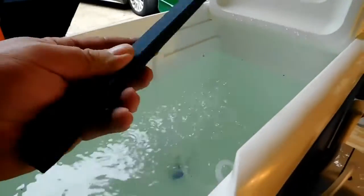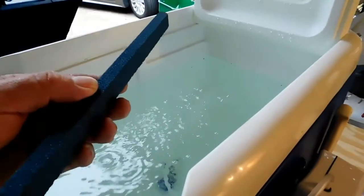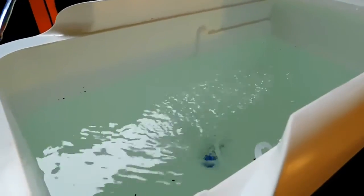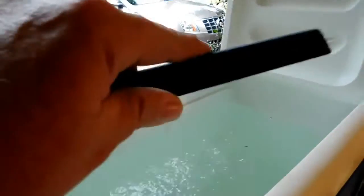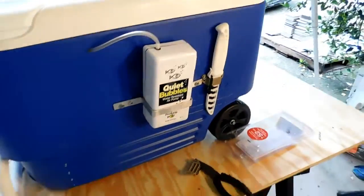But what I do have is this one, and I had this on a second ago, and I just wanted to see how it would work with the original one. And I like it. I got this at the local fish store, so that's going to go back in there, and I'll show you what that looks like. But there we go. Now I got me a Livewell